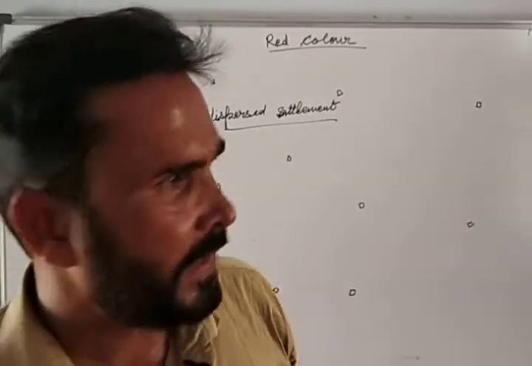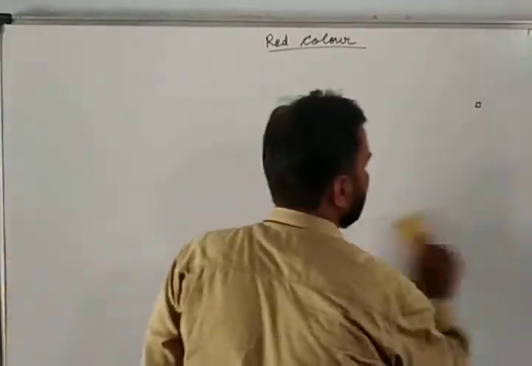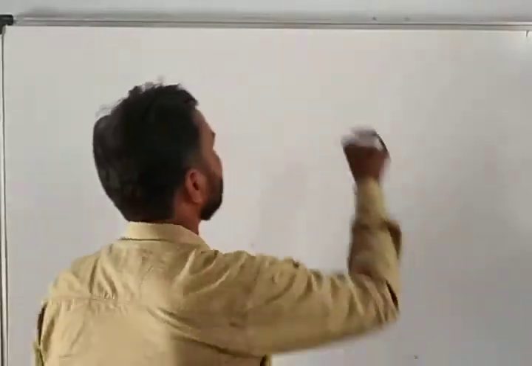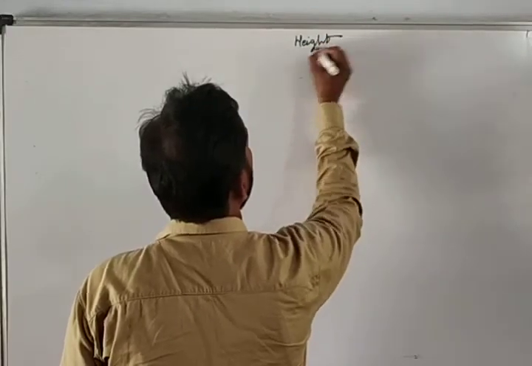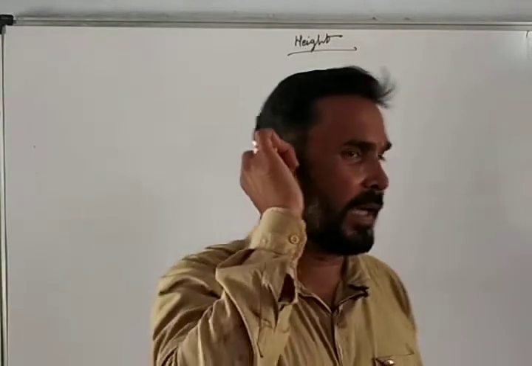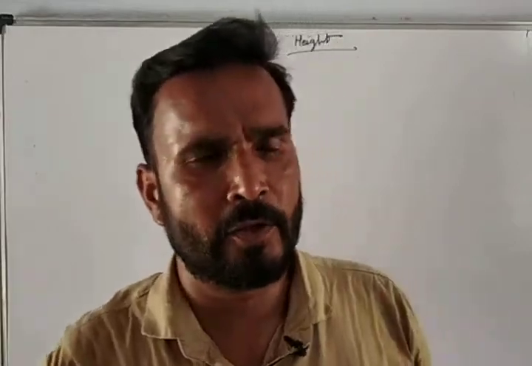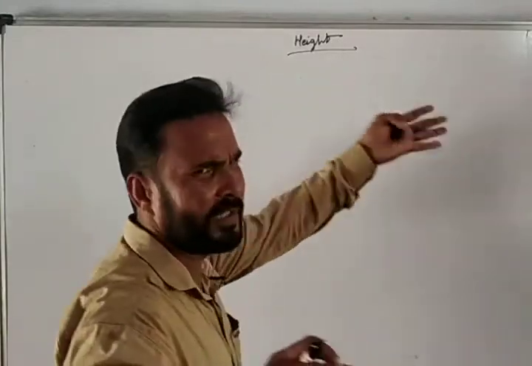Now next to settlement, the next thing is drainage pattern, or I think before drainage pattern we will see the height. What will happen in the map? You will get some points. In height, the first thing is that it will be shown in black color, there is no other meaning of color here. The important thing you have to remember is that it will be marked in black color.